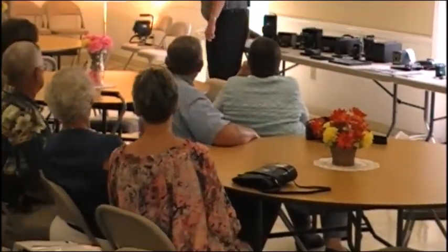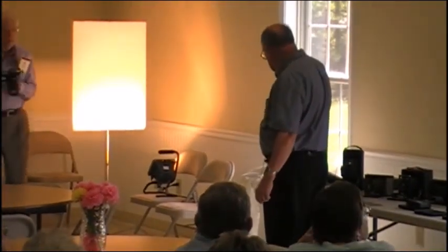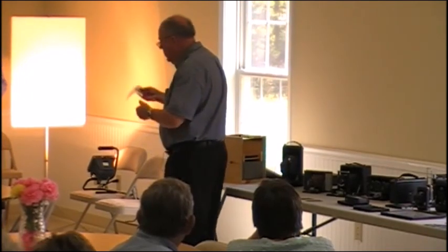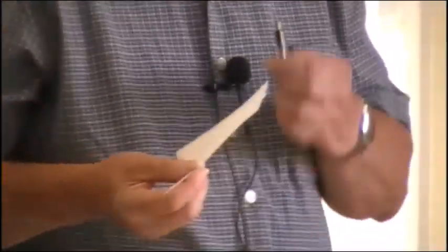This is the camera obscura. This is one I made using a portrait lens, and it captures light, comes in here, and there's a mirror in here, and reflects the image onto a piece of tissue paper. Earlier, I had Mr. Cruz, your president, sit for me, and in about 45 seconds, I traced his image on here. I'll take that and sandwich it with a piece of black paper, maybe a piece of white if I can find it, cut around it with scissors, and I'll have a silhouette portrait,